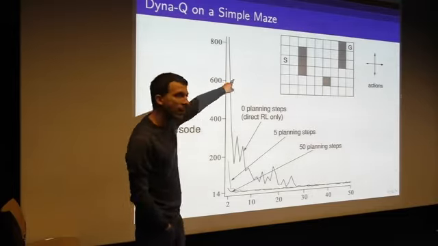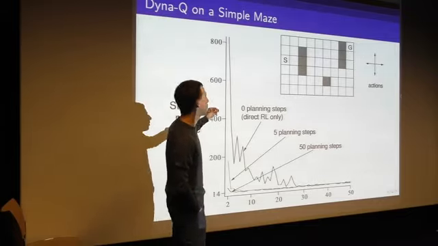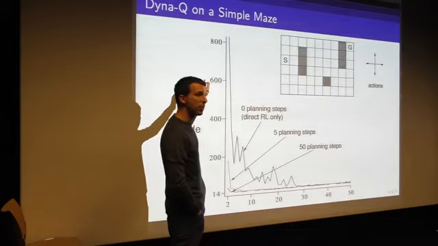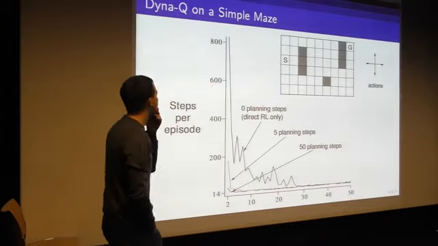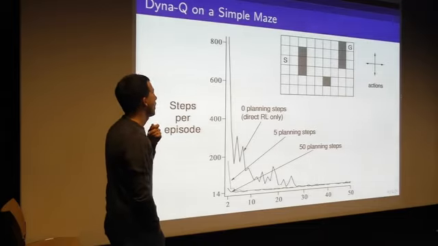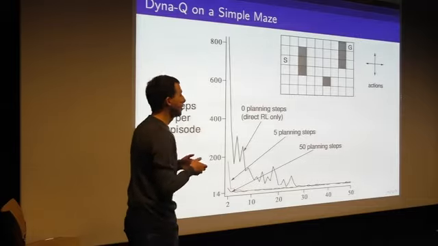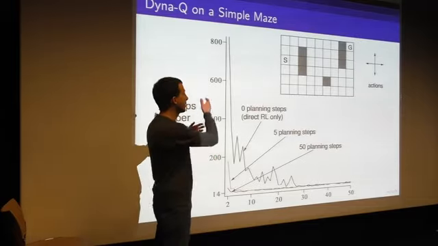You mean do they all start from S? No, I mean on this graph, the x-axis starts from... Do they all start with the same initial conditions? So they all start with the same steps per episode. I think they would all perform the same. So I mean, there's, from one step,